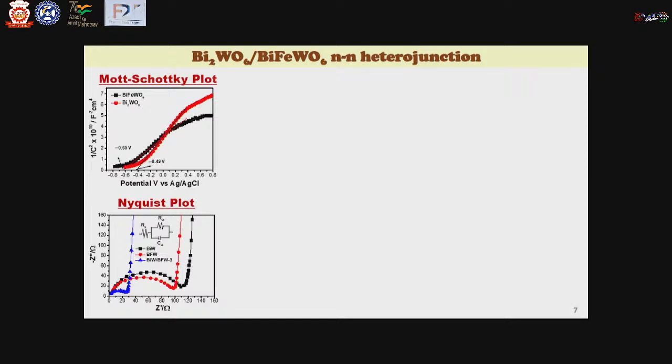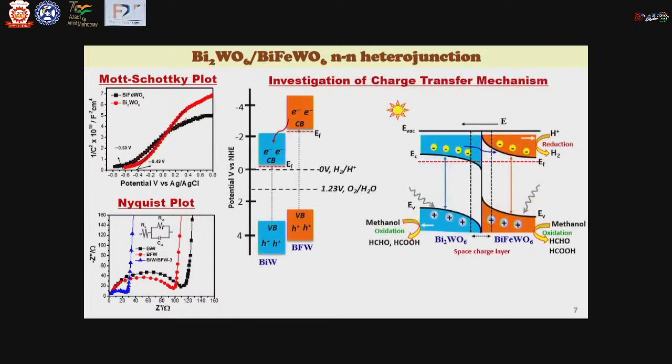And we finally studied the Nyquist plot and Mott-Schottky plot to explore the mechanism. From the Nyquist plot, charge transfer resistance decreases after heterojunction formation, which is indicative of more facile charge transfer. From the Mott-Schottky plot we calculated the flat band potential of the bare materials, and from that we calculated the conduction band and valence band potentials, and we drew this energy diagram, and we are trying to propose a mechanism